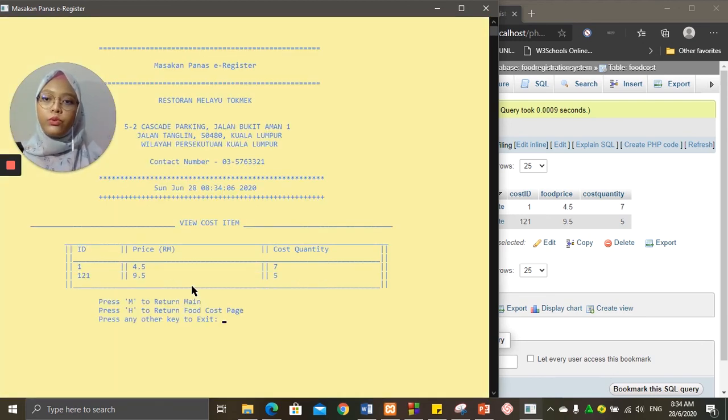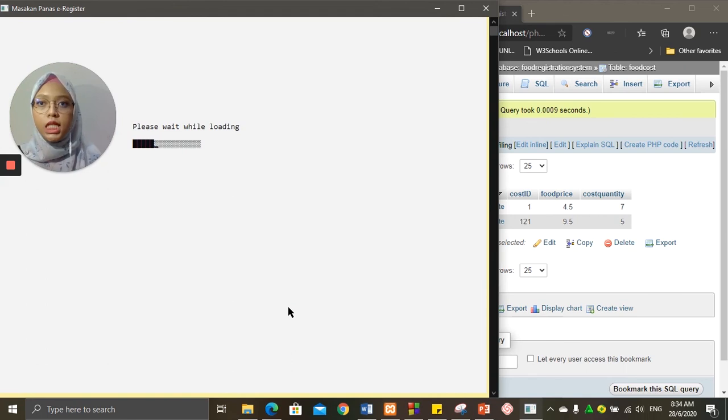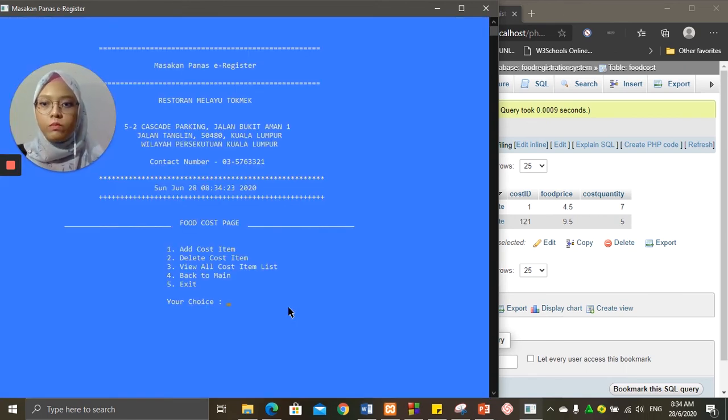It will show the details that already exist in the database, which are the same 1 to 1, 4.5, 9.5, with cost and quantity here. Now we do the delete cost item function. We go to number 2.